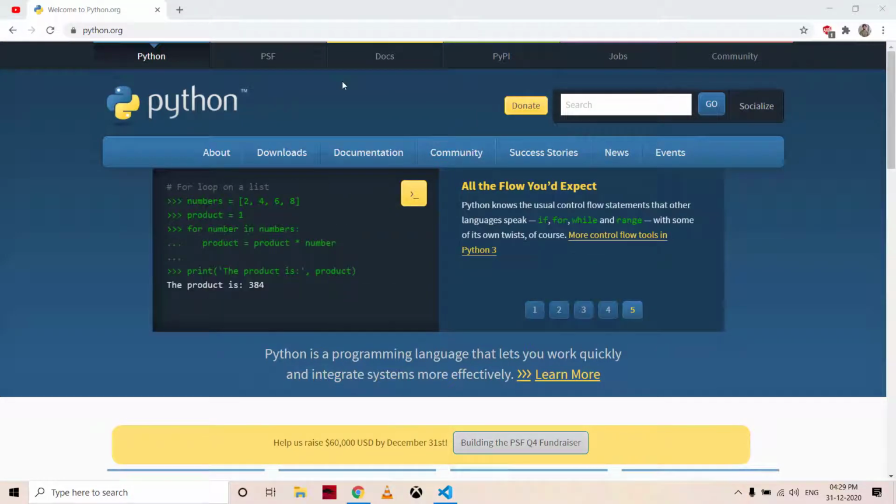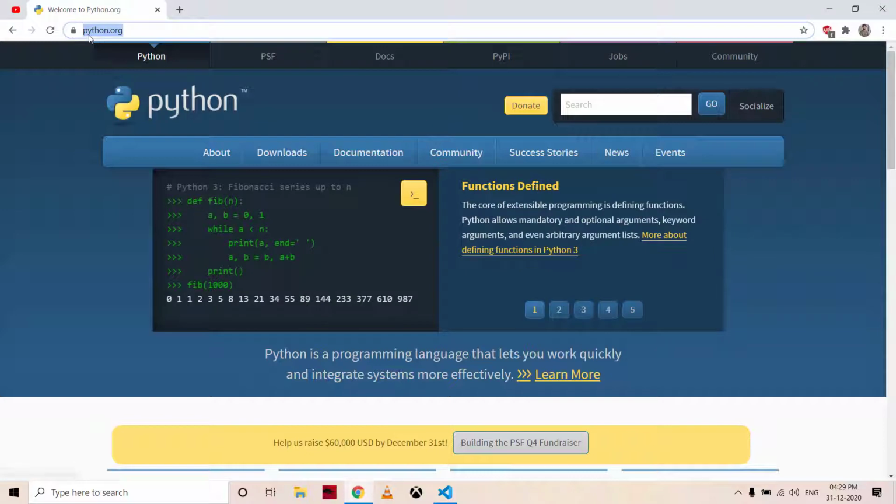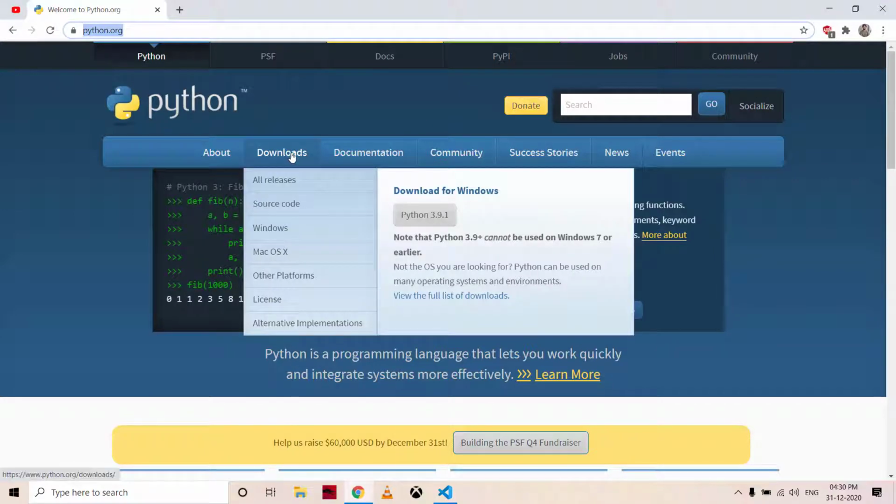So the first step is to install Python on your system. You can go to the website python.org and download the installer package for your operating system. For example, I am using Windows, so from here I can download the package for Windows and install it. Make sure while installing Python you tick the option of setting the path. It will set the environment path for Python and you can easily make use of Python then using the